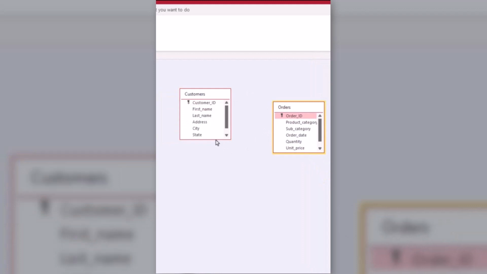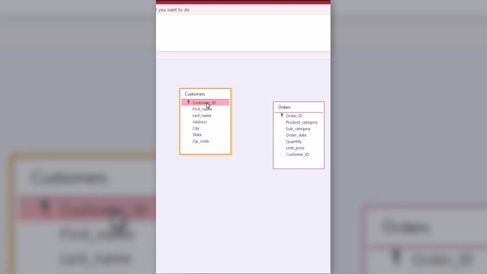The next step is to connect the tables by using the common field between them, and you can do that by doing a click and drag. So in our case, we'll drag the customer ID from the customers table over onto the customer ID on the orders table. Access will then give us a prompt, and it's a good idea to click where it says Enforce